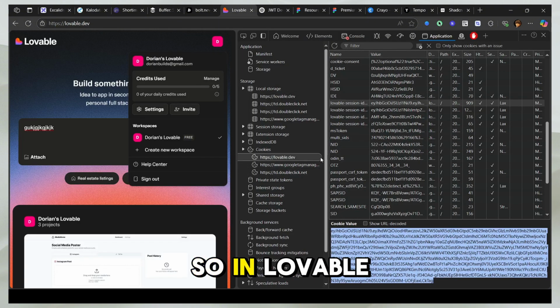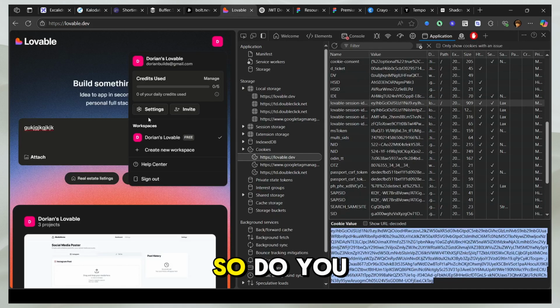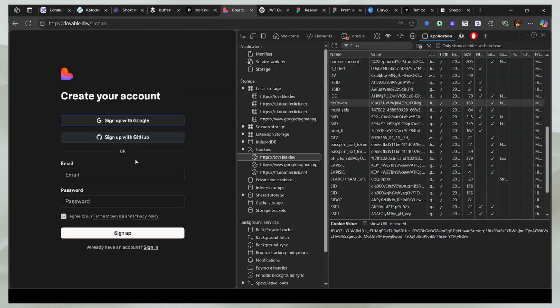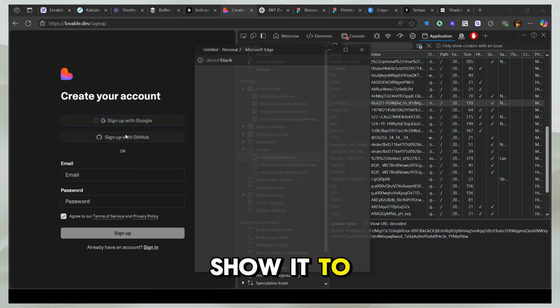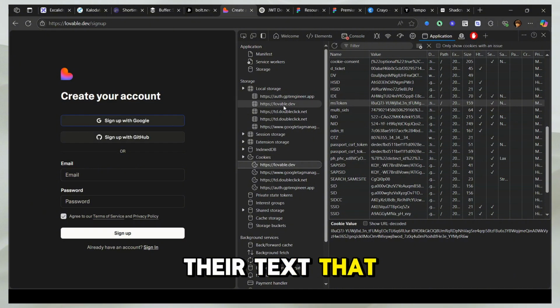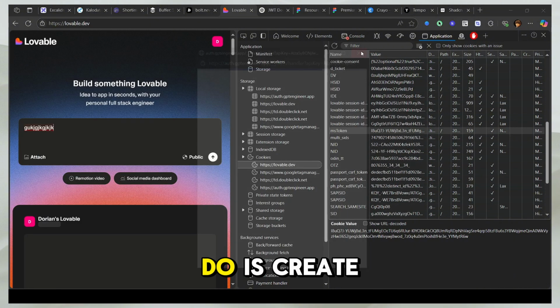So in Lovable, you're using sessions, and here we also decode it, and you can see. Do you remember when we signed in? Let me do it again to show you. I'm going to sign out and sign up. I'm just doing it to show it to you. When I click sign up, here you can see what they are using. You can see their tech stack. Oh no, it has auto signed me in. What I'm going to do is